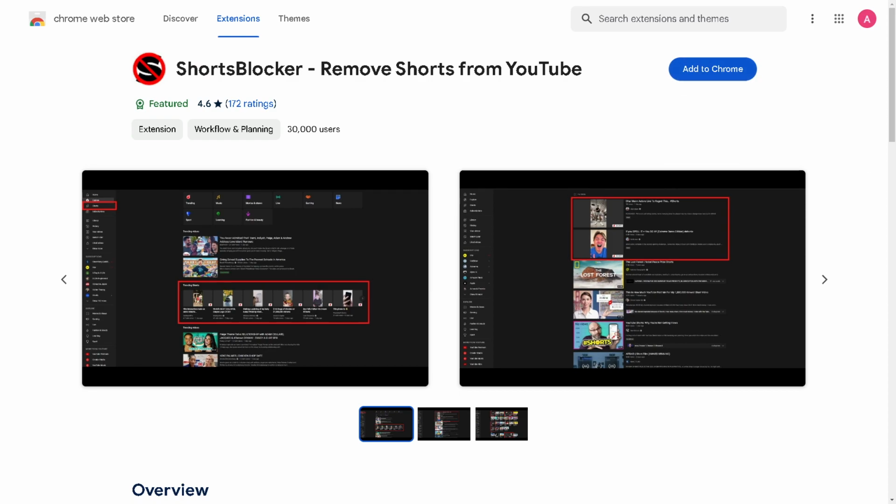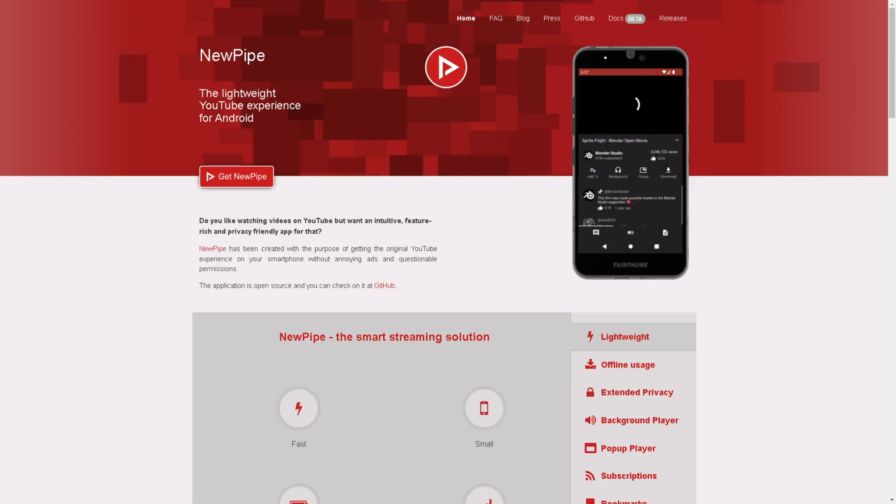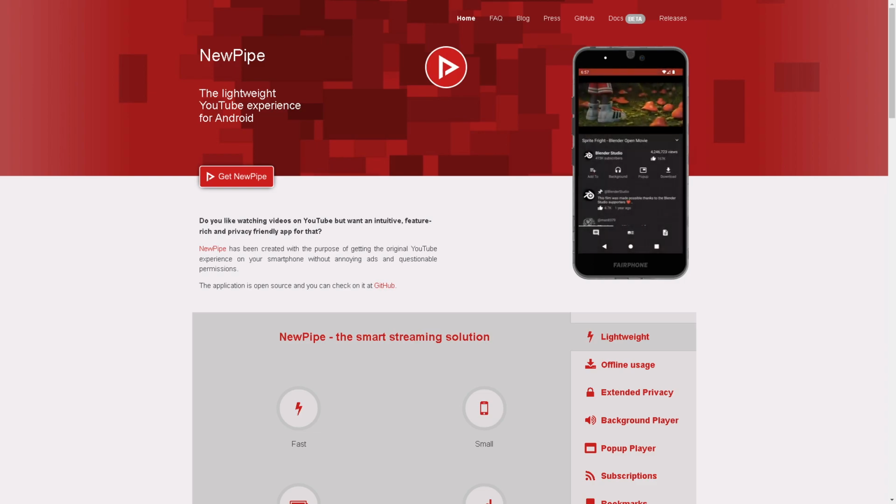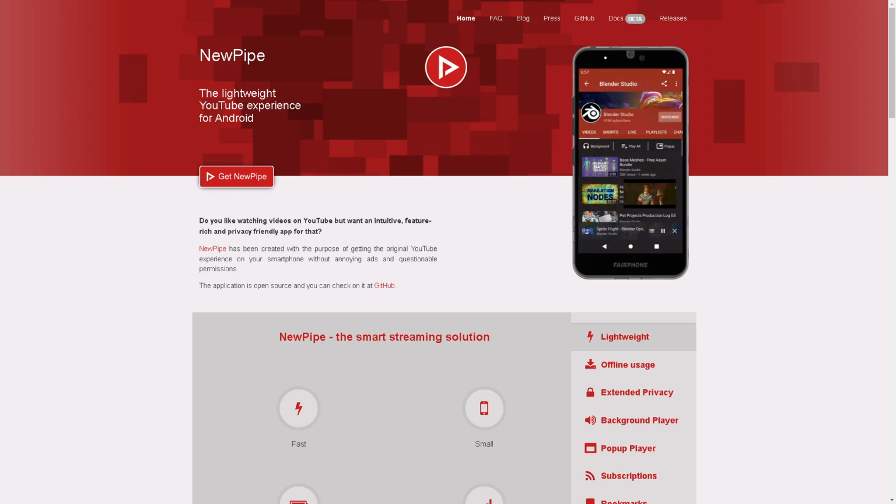The next step that you can do is go here to NewPipe. It's a free and open source YouTube client that does not rely on Google's framework or YouTube's API. Basically, it's similar to YouTube Vanced, but does not require MicroG or ReVanced to work. And you can use NewPipe without a Google account and enjoy features like ad-free playback, background playback, and offline downloads